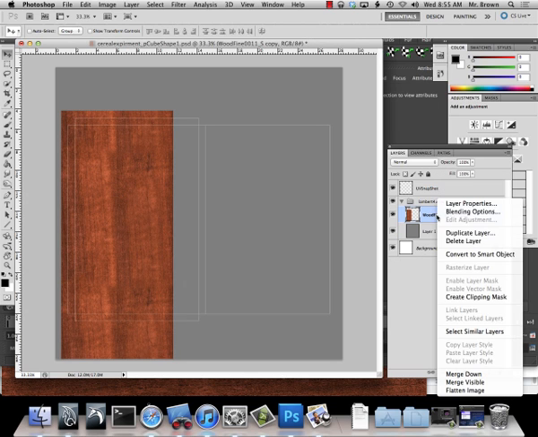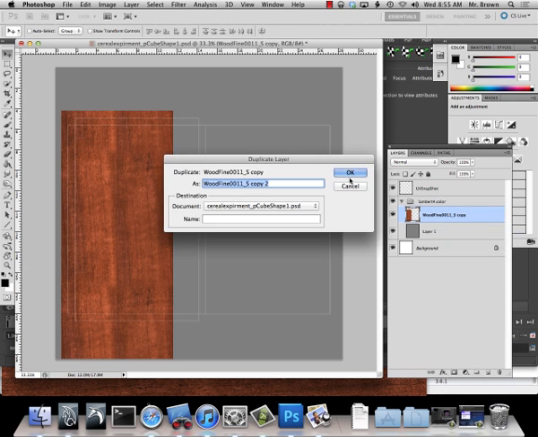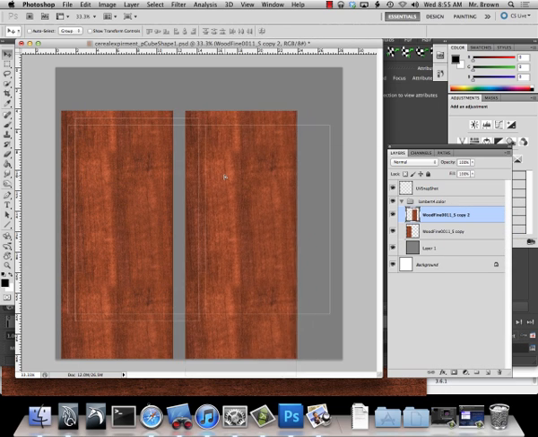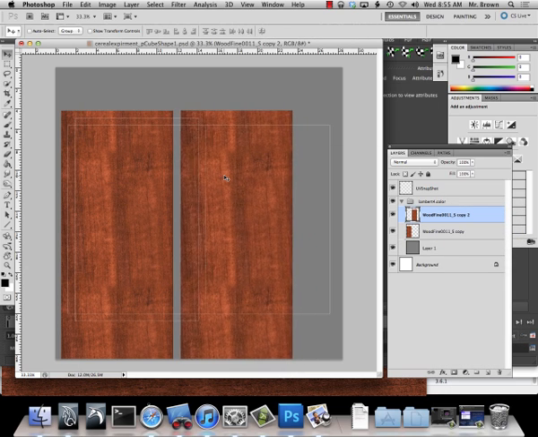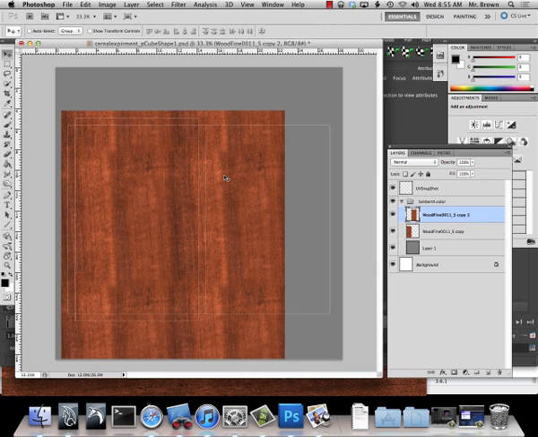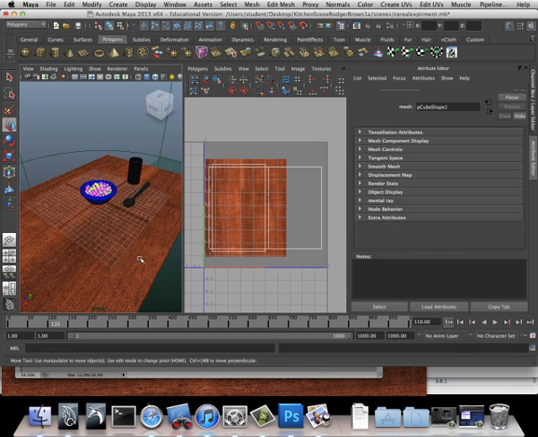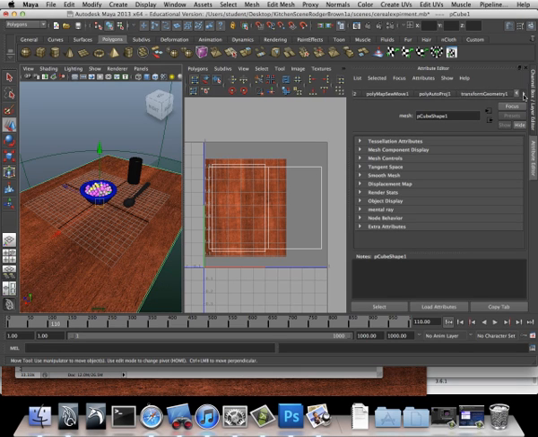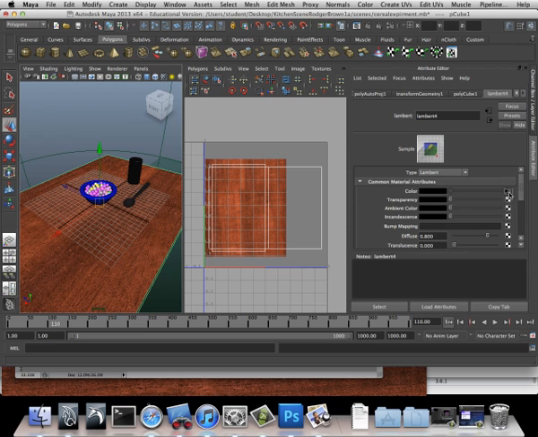So I'm just merging these layers. I'm going to duplicate this layer one more time. Move it over. Make sure that those seams line up ever so perfect. Just like that. Okay, I save the file, come back to Maya, select the file, refresh the scene,